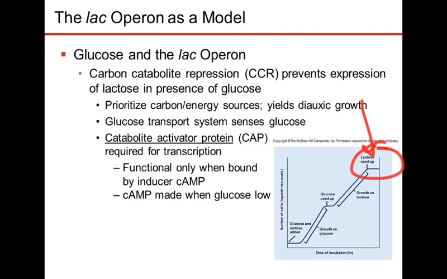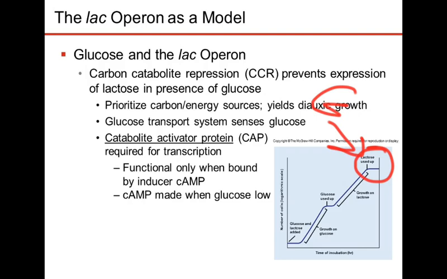Let's switch gears and think about it from a different perspective. You're still right here. You throw in a little glucose because you're really nice to these guys. What's going to happen then? They're obviously going to use the glucose, but what's the lac operon? What's the promoter going to look like in that case? Will the repressor protein be bound if you throw in glucose? Yes. Why? Because there's no allolactose. You threw glucose in. There's no lactose, so there's not going to be any allolactose to kick the repressor protein off. Beautiful. What about the CAP activator site?